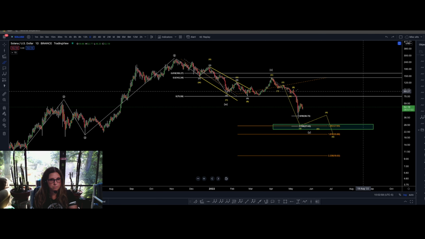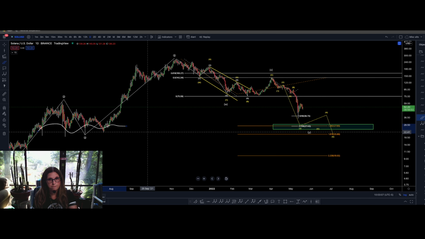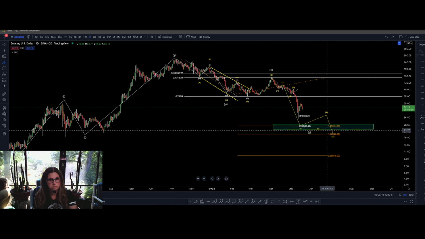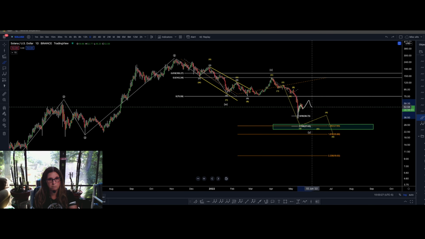So what does that mean? It means that if we want it to stop at this prior fourth wave territory, we need it to hold this green box. What does it mean if it doesn't? If we roll over and don't hold, or we don't push up correctively and make some type of B wave that comes back down and holds this level,